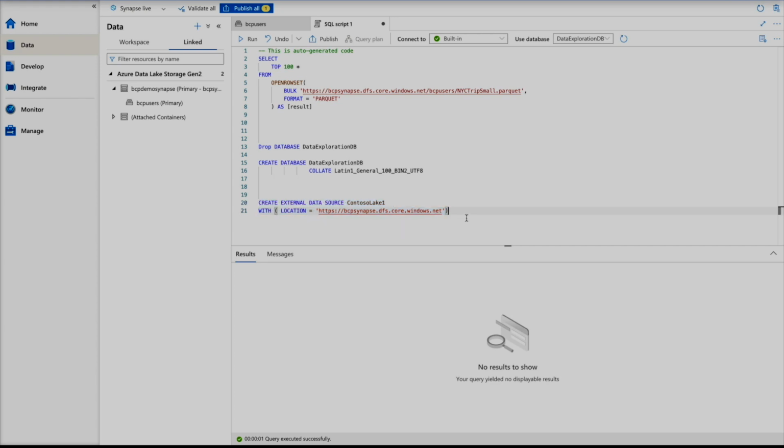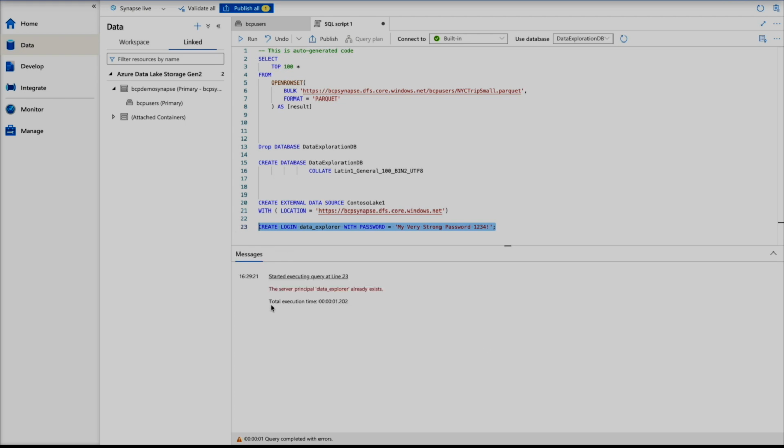For that you have to run a short script, and that script would be this. So you have to create a login data_explorer with the password this one. So what I'm going to do, I'm going to run this script. It's saying that this data_explorer already exists because I have created it. So let me change it to 1, give it a different name, and then run it again. 1 also exists, so I have to give it 2. So I have provided name 2 to this one, and now I'm going to run the script, and it's been